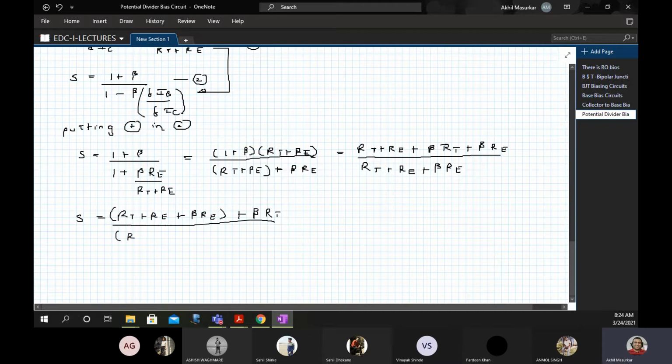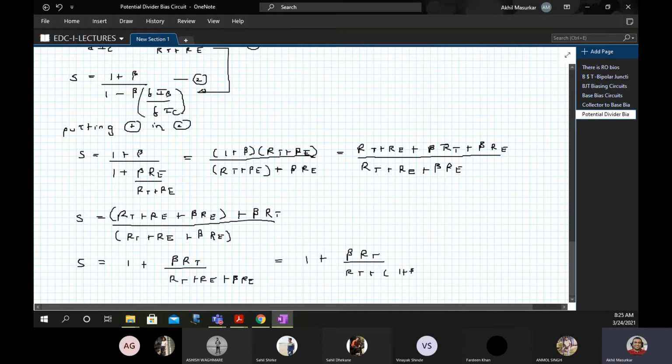upon RT plus RE plus beta RE. So if you multiply and divide by RT plus RE plus beta RE, what you should get here is 1 plus beta RT upon RT plus RE plus beta RE. So this is equal to 1 plus beta RT upon RT plus